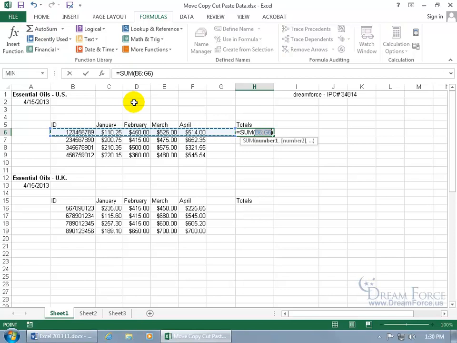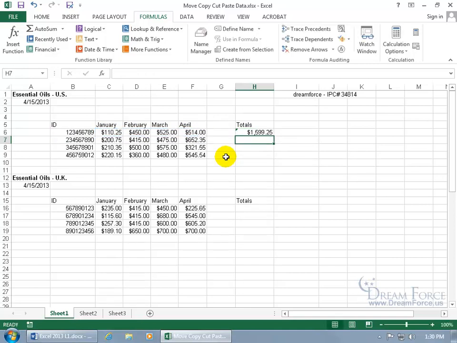And Excel's going to see a pattern here, a range that it thinks that you want to add up, but that's not the range. So let's go ahead and click and drag and select the range that we want to add up, which are these months for that employee that they made sales, C6 through F6, and hit Enter, and there we go. Okay, so now that we have the formula there, as we learned in an earlier training video,